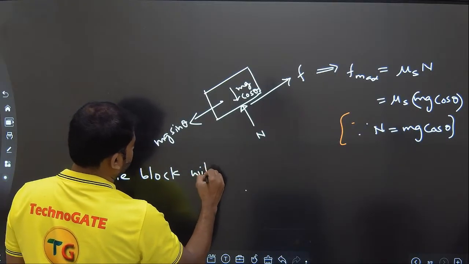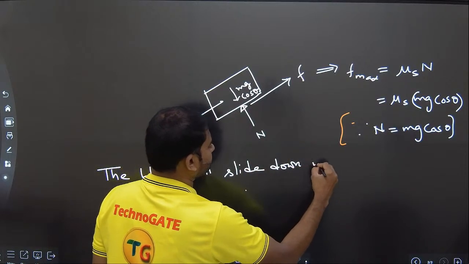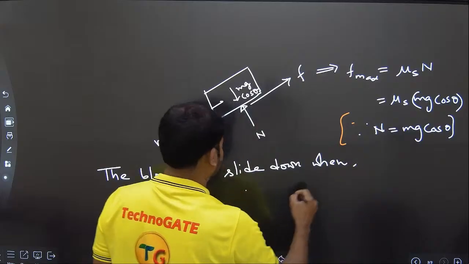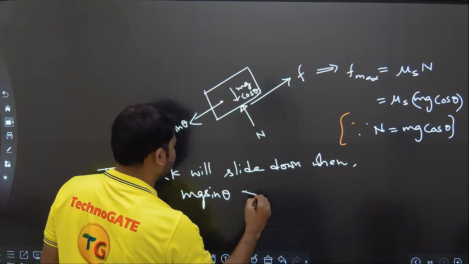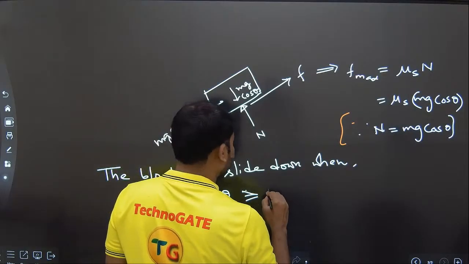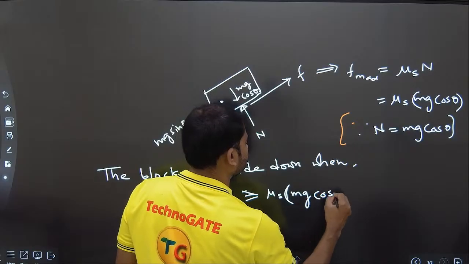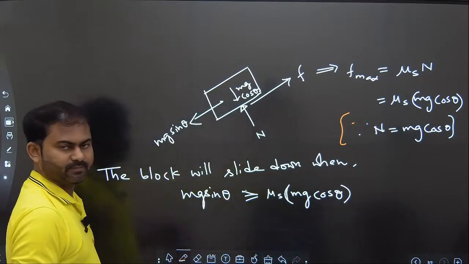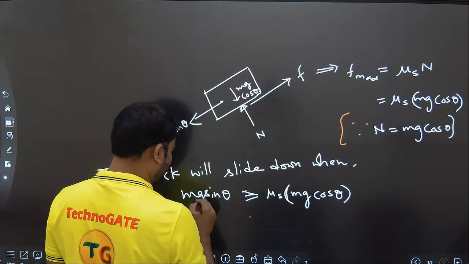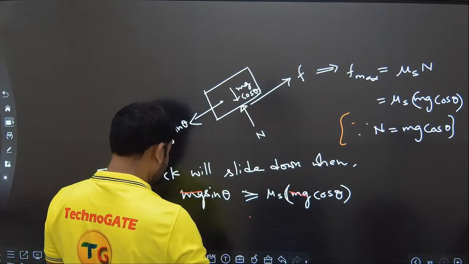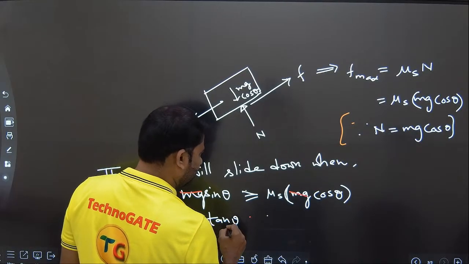The block will slide down when mg sin theta is approximately greater than mu s into mg cos theta. Okay na? So now let's do simplification. You remove this value of mg here. So you are getting sin theta by cos theta is tan theta. Tan theta is approximately